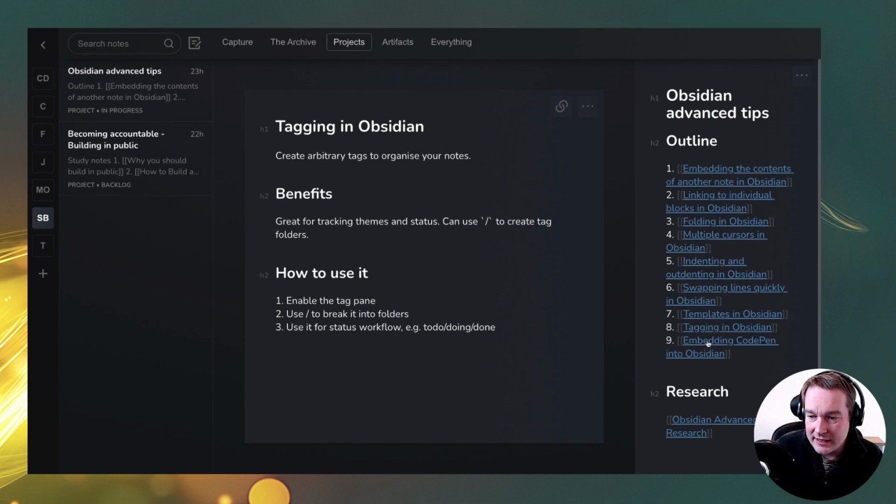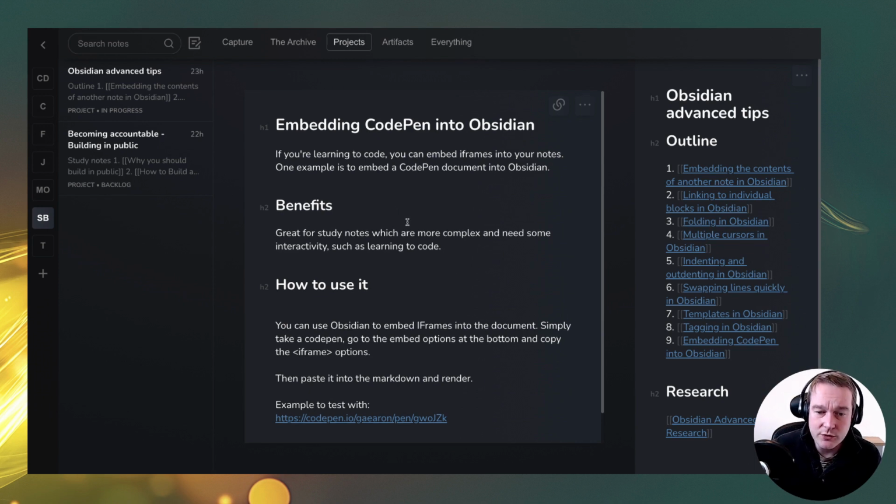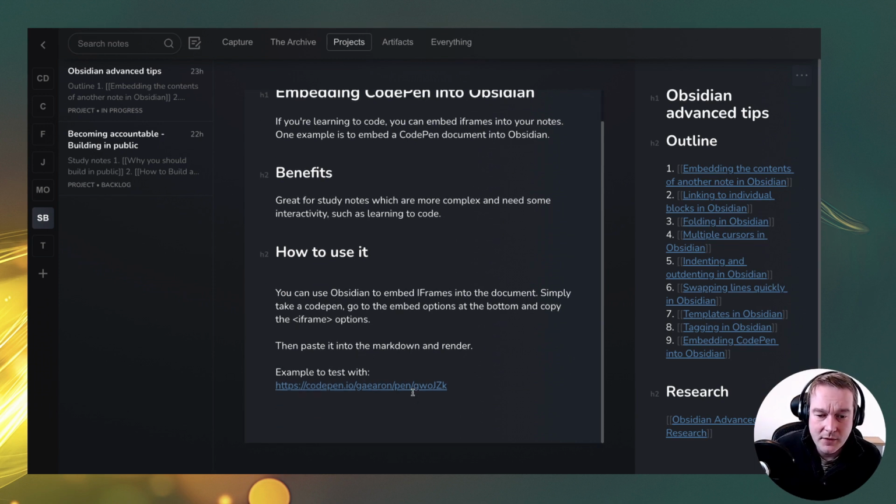And then finally, how to embed CodePen into Obsidian. So not really just CodePen, but let's say you're learning how to program and you want your notes to be rich and have examples of what to do. So let's say you're looking on the web and you find this link here, and it's a CodePen, so it's a working example. So what you can do